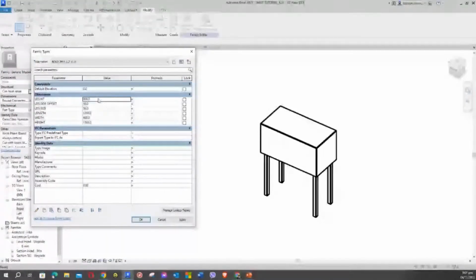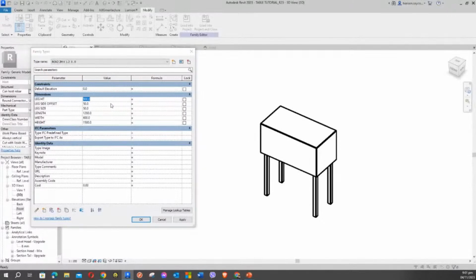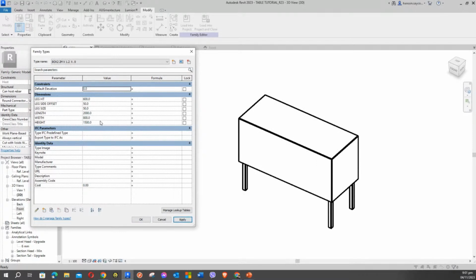Okay. Say the height 600. And then the length 2 meters. The width is 800. Okay, so it's moving. So kung gusto naman natin